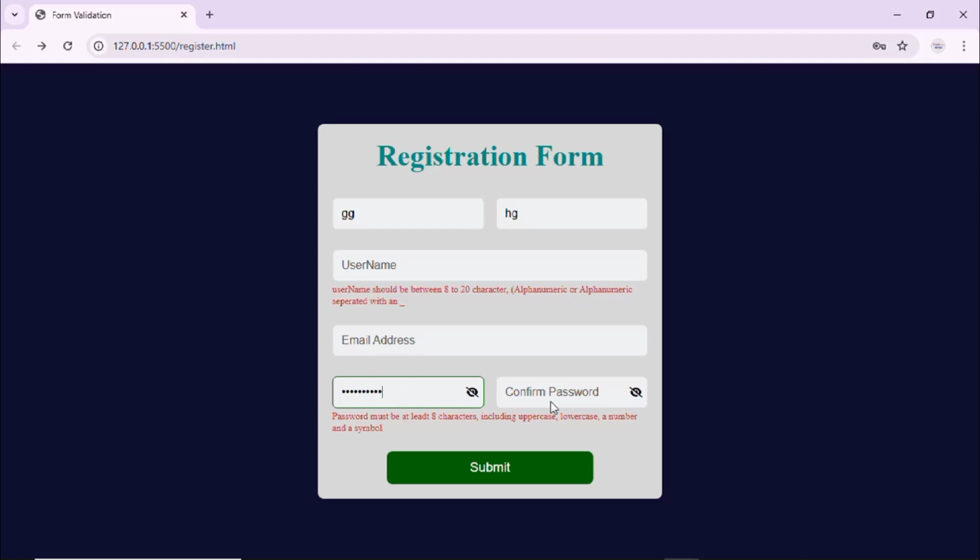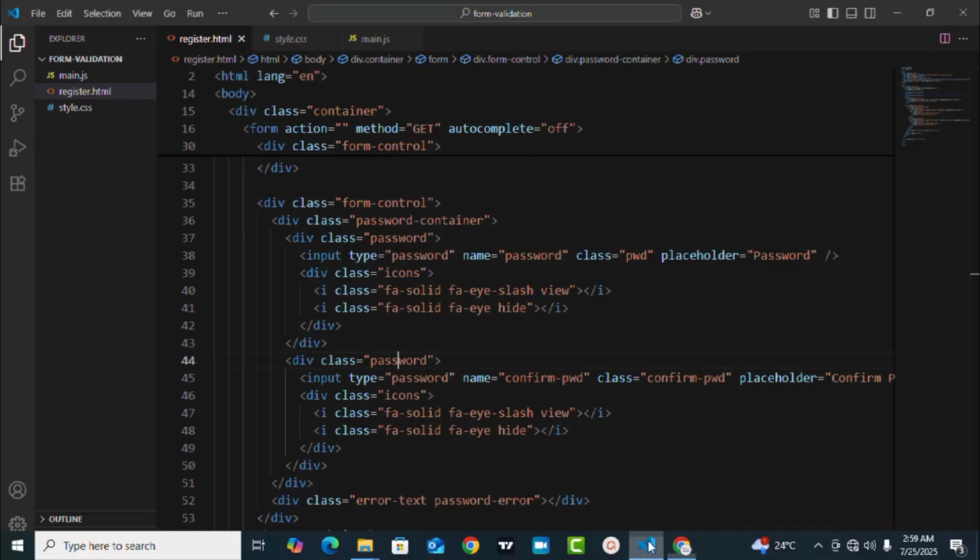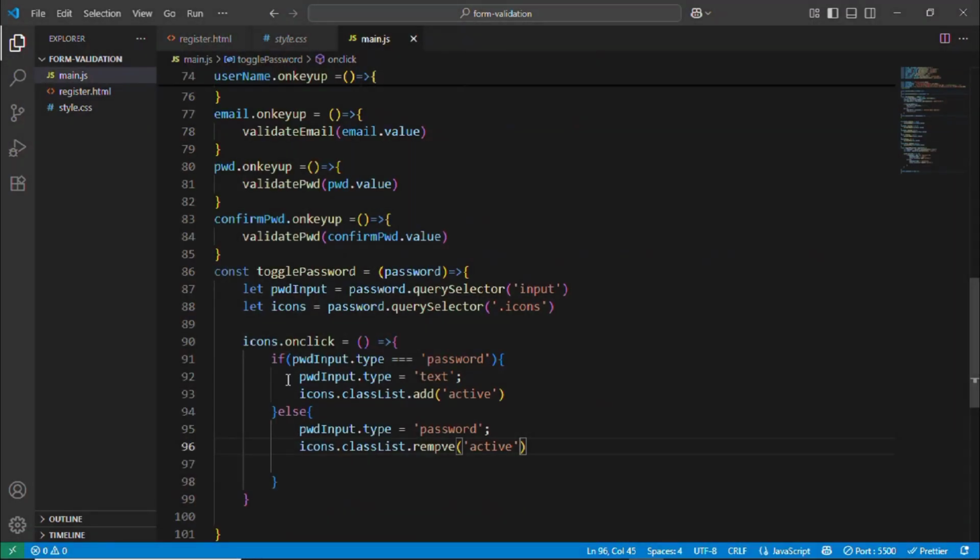So with an input with the type of password, the browser will always hide the value like this. So that's what we are checking here. We check if the input type is password. If it is password, it will change it to text, allowing us to see it in the browser, and then